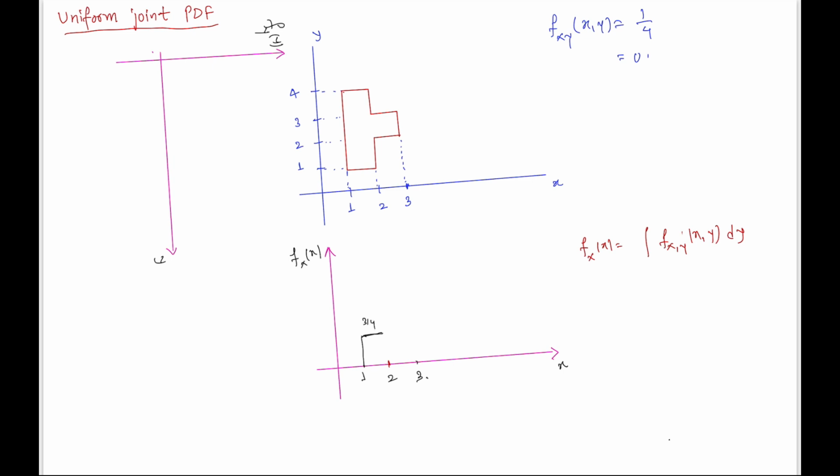right? And if you take x from 2 to 3, then y ranges from 2 to 3, right? Then in this case where x is from 2 to 3, the integral of y will vary from 2 to 3, 1 divided by 4 dy. So overall you will have 1 divided by 4. So now from 2 to 3 the PDF will be 1 divided by 4,